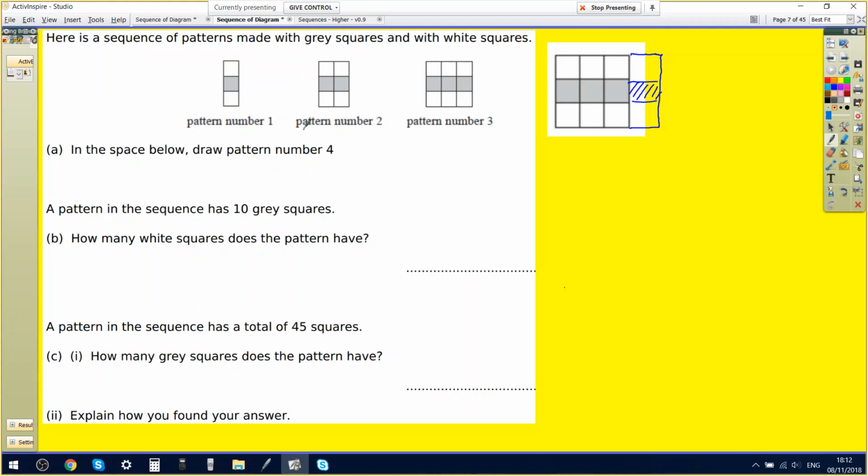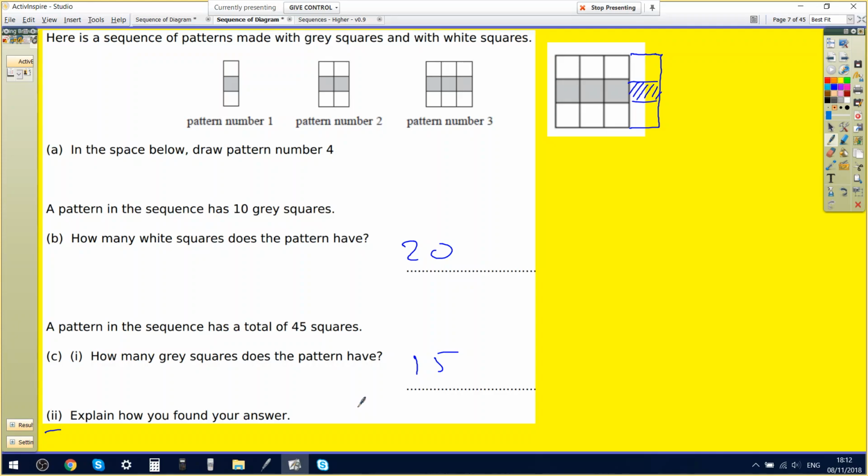20 white squares. Well done. Part C. 15 grey squares. Well done. And how did you find your answer? For the first one, I just... No, for C. C. Kind of guessed that, but